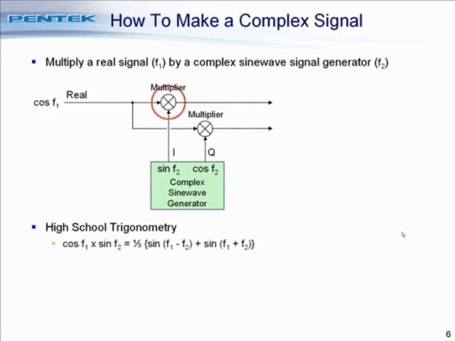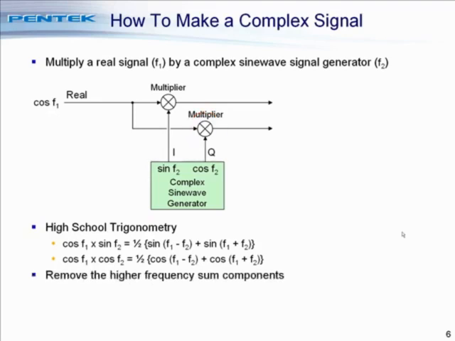If you multiply the cosine of f1 by the sine of f2, which is what we do in the first multiplier, the identity shows 1/2 of the sine of the difference frequency plus the sine of the sum frequency. And in the second multiplier, if we multiply the cosine of f1 by the cosine of f2, we have a similar expression, but with a cosine of the difference frequency and a cosine of the sum frequency, that is the two frequencies. So if we simplify this formula a little bit by removing the higher frequency sum components, the plus components,